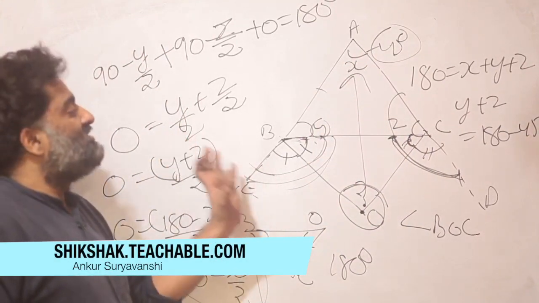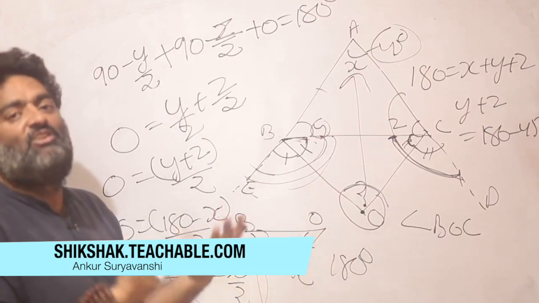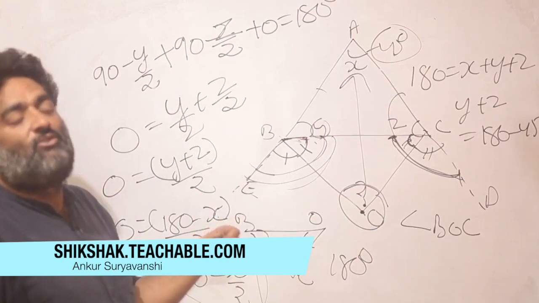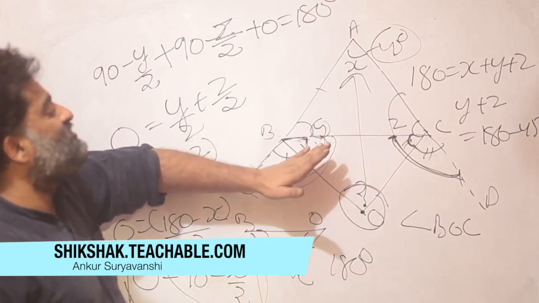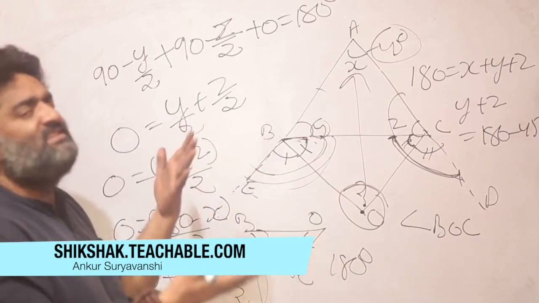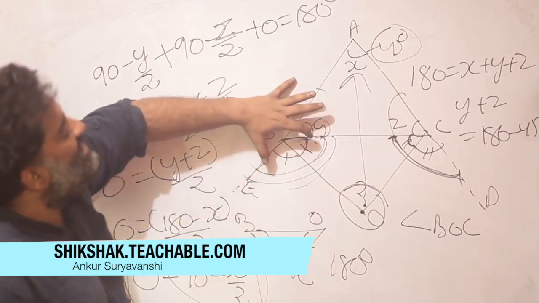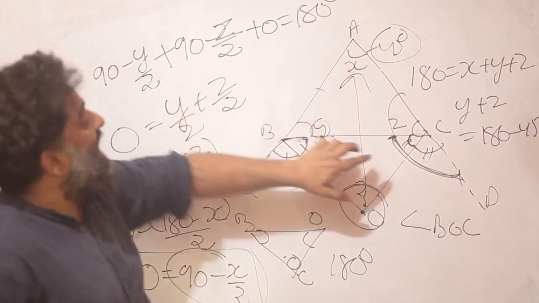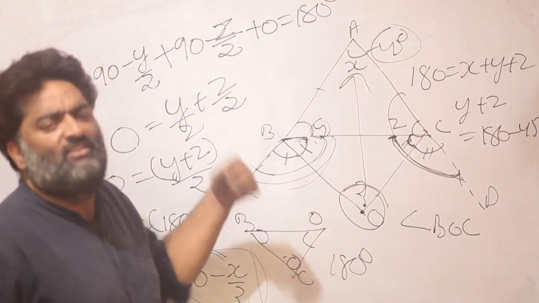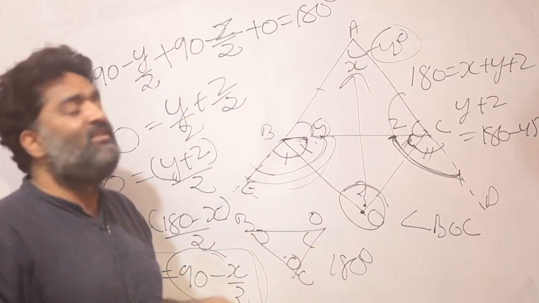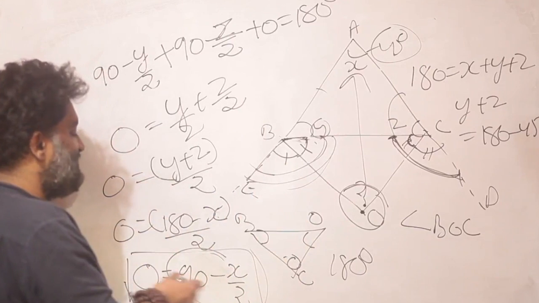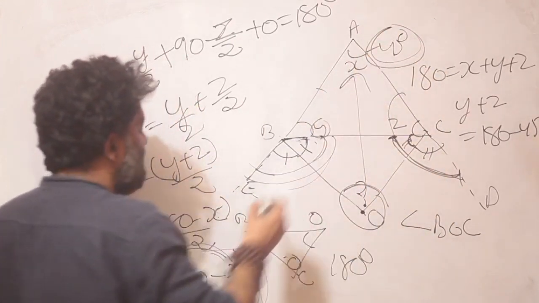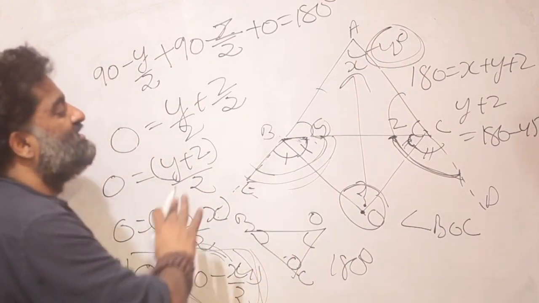But once again, looks slightly bigger, looks slightly difficult, but I know I have a set number of tools. So let me try them one by one and see what works for me. Once again, some people might have done this question using the external angle property, but remember these are interchangeable almost. So you would have said this angle is equal to x plus z, and this angle is equal to x plus y, and this is half of this and this is half of that. So very similar logic. Try it out by yourself and you will come down to the same result. The result will be this BOC will be 90 minus x by 2, or if you take it as 45, it will be 90 minus 45 by 2, whatever that value comes out as.